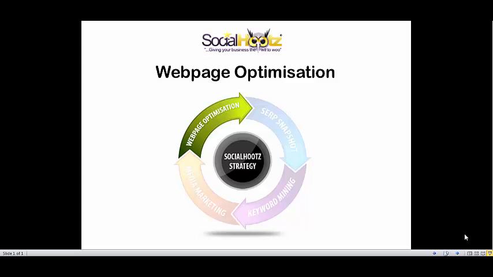I'm a developer for SocialHootz, and in this presentation, I'll be talking about webpage optimization, which forms really the most important part of the SocialHootz strategy. As you can see in the diagram, this informs everything else that we do afterwards, including the search engine result pages snapshot, keyword mining, and how we use the keywords that we found from our website to generate the content